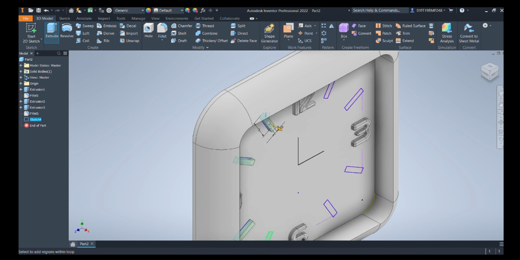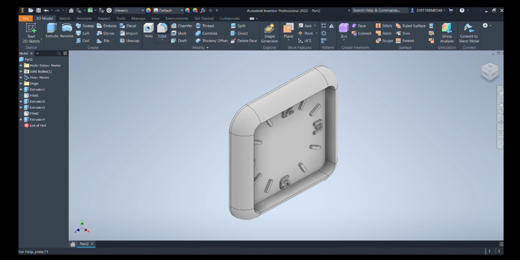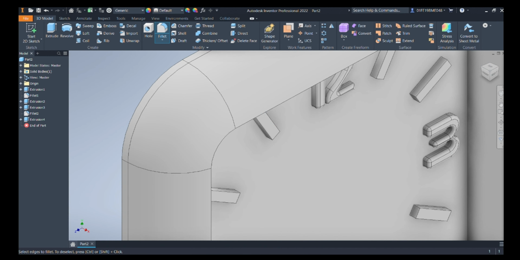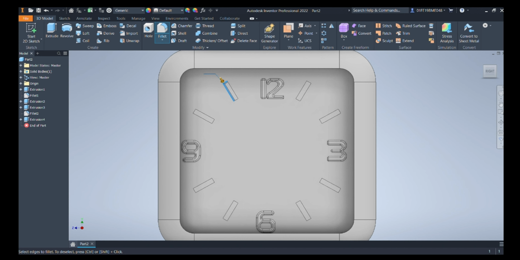Now again selecting them individually and extruding. Once we have extruded, then we will add a fillet to them, same as we did previously. So here we can select those rectangles directly, but due to some meshing problem we cannot select the entire rectangle.